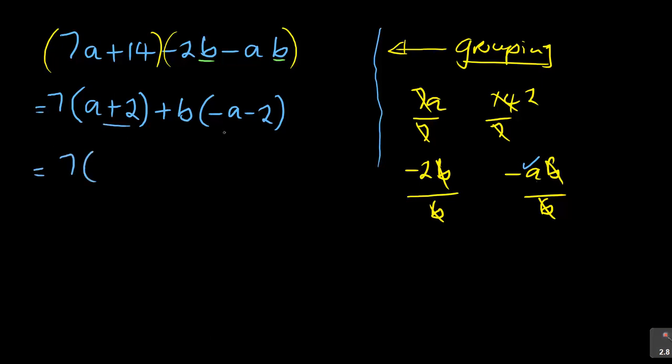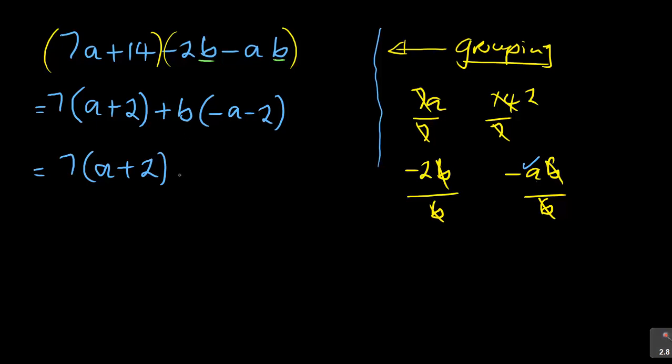Now the aim is to match the brackets. They must always match. If you are grouping, the brackets must always match. So it's a plus 2. Now you can see that there is negative a, negative 2, but I've got positive a and positive 2 in the first bracket. It's positive, positive, negative, negative. So what I'm going to do, I'm going to take out a negative. So what you do is take out this particular negative, these two. When you take them out, they affect the positive there to become a negative. So in other words, this is what you do. You just take out a negative, meaning interchange the sign.